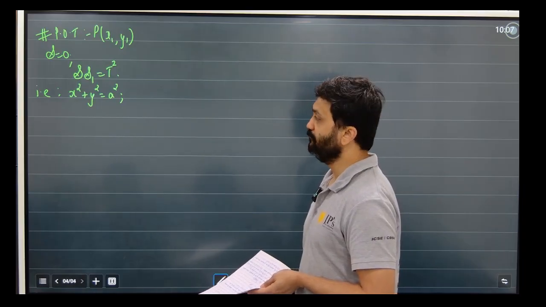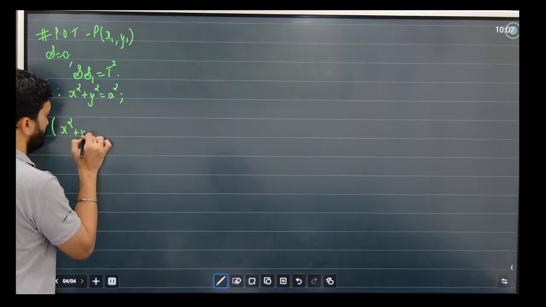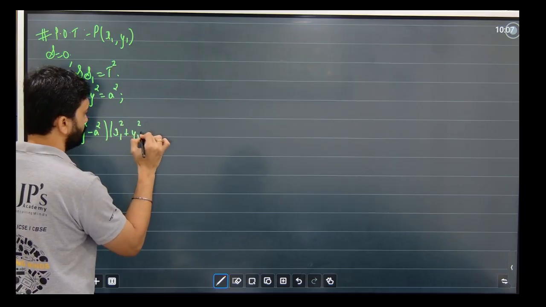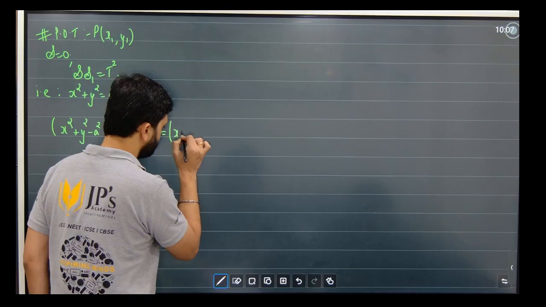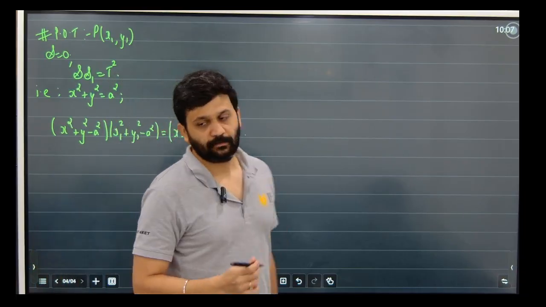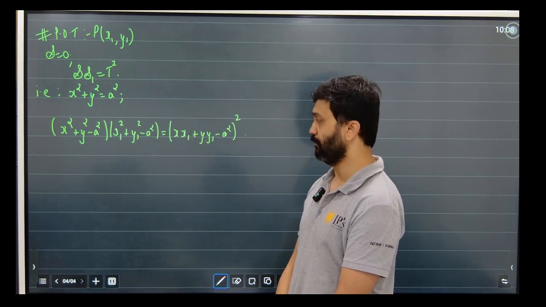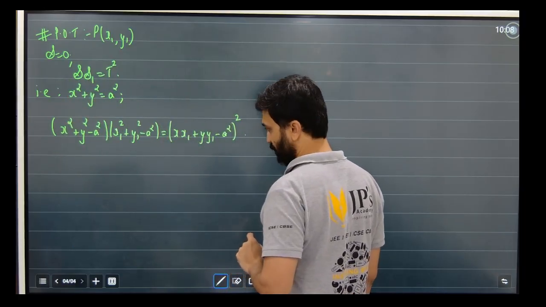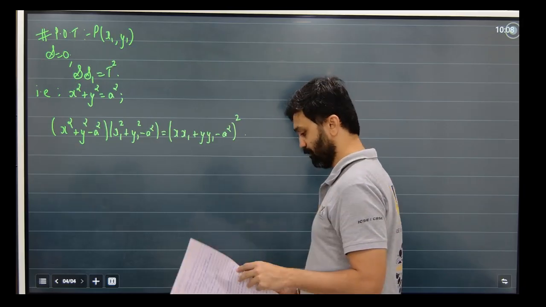Then the equation of pair of tangents is S S1 equals T squared. S is the equation of the circle, S1 is the equation of the circle at that point x1, y1, and T is the equation of tangent at the same point, that is x x1 plus y y1 is equal to a square. So minus a square is